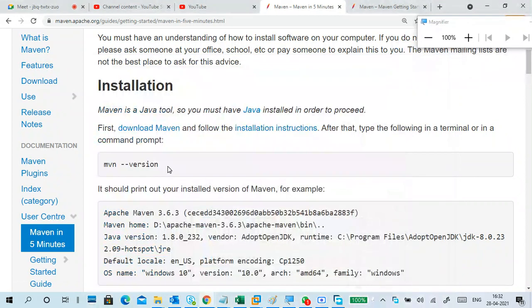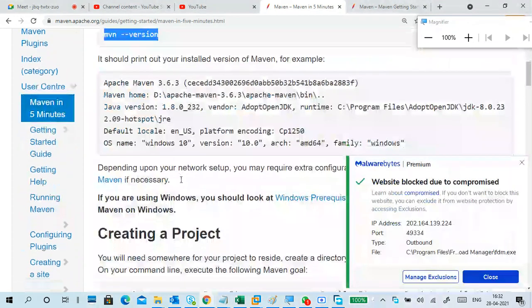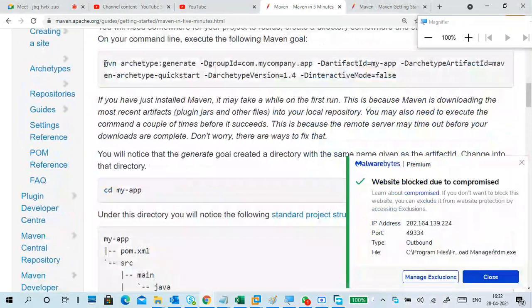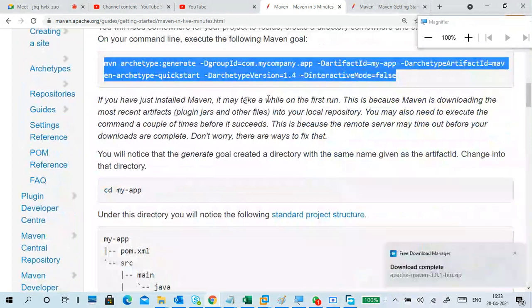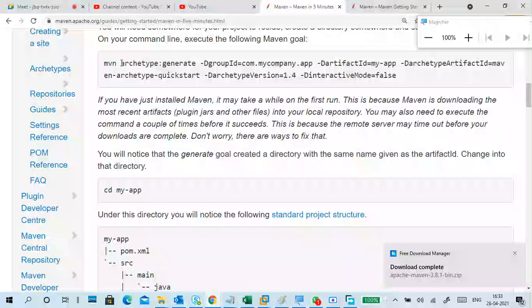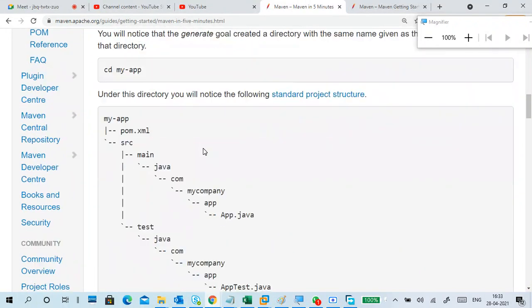The first command is mvn version. This one is creating a project. In the build, we have to give our artifact, version, company names, group IDs, version names, jar, like that.